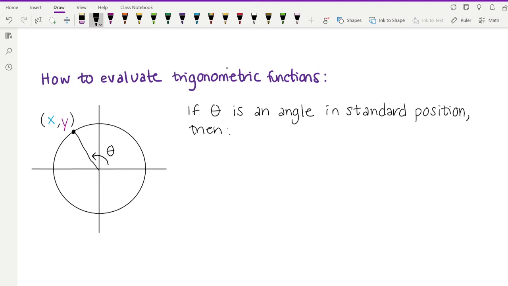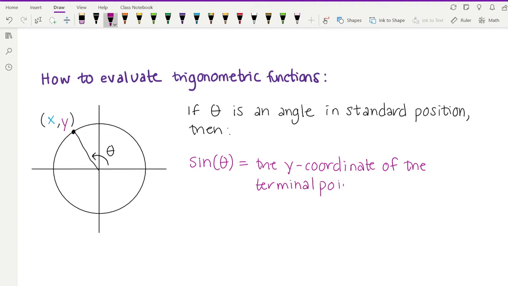So how do you evaluate sine of this angle and cosine of this angle? Well, sine of the angle is going to be equal to the y coordinate of the terminal point